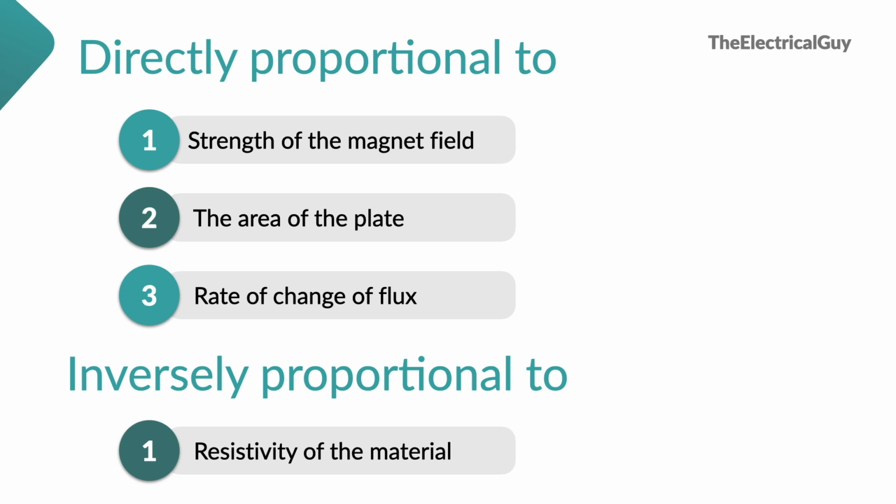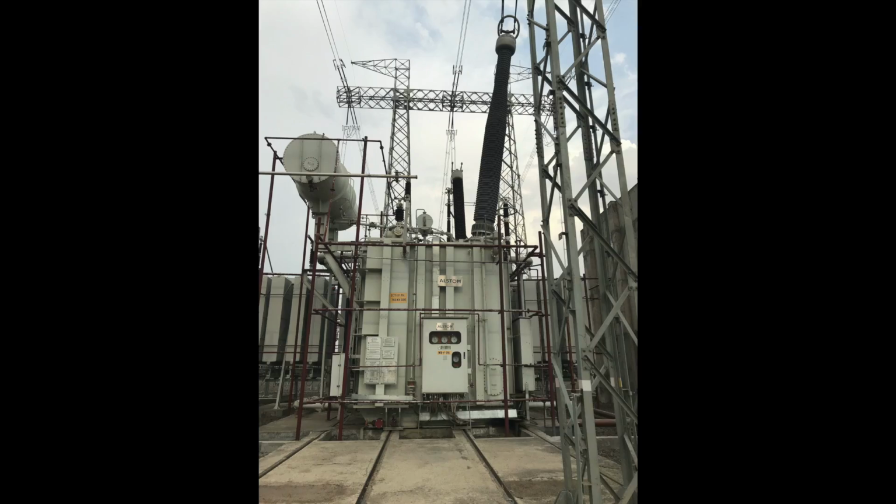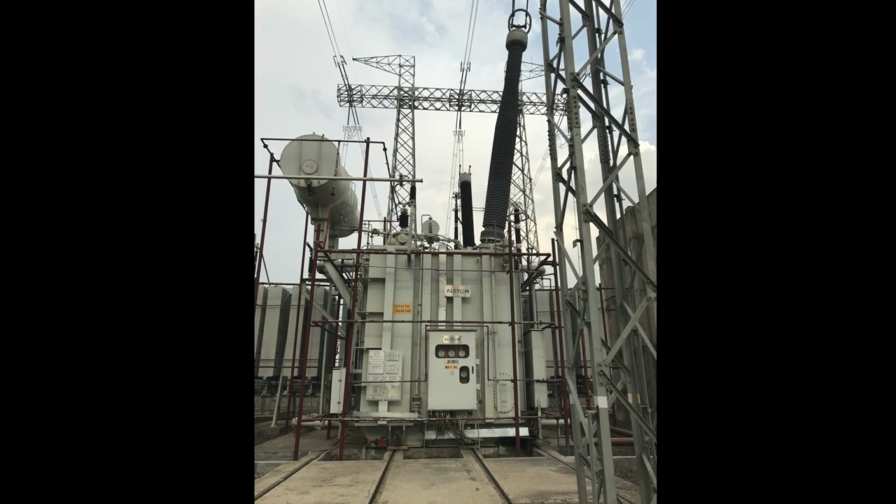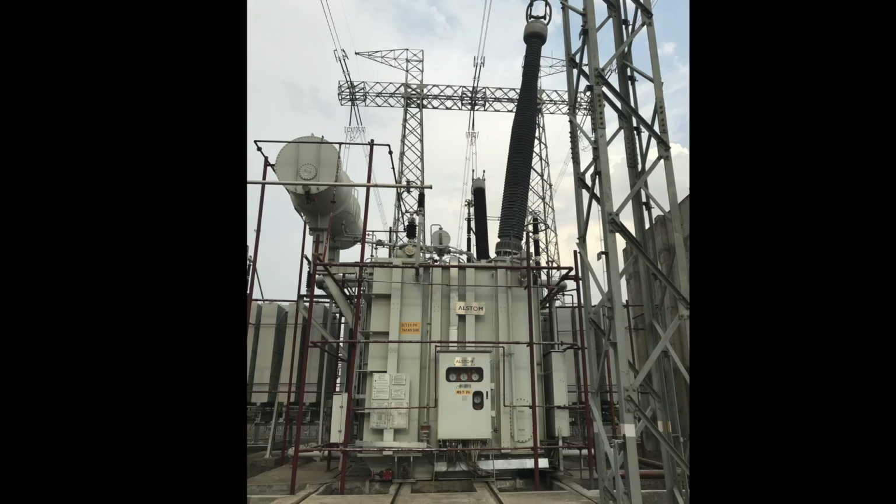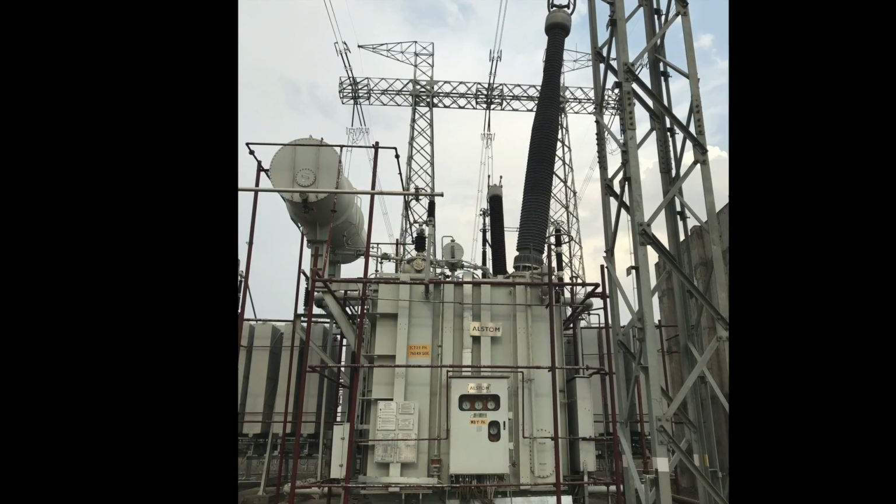Of course, we can reduce the eddy current loss by controlling the parameters which we saw a few minutes ago. We can reduce the strength of the magnetic field, or we can reduce the plate area, or maybe we can vary the rate of change of flux. But in most cases, reducing the strength of the magnetic field or changing the rate of change of flux is not in our hand. And also reducing the area of the metal is not an ideal way. For instance, reducing the size of a 420 kV transformer because of eddy current loss will not be a wise choice. The huge size is the need of the rating. Reducing it further will not be possible. So how do we reduce eddy current?